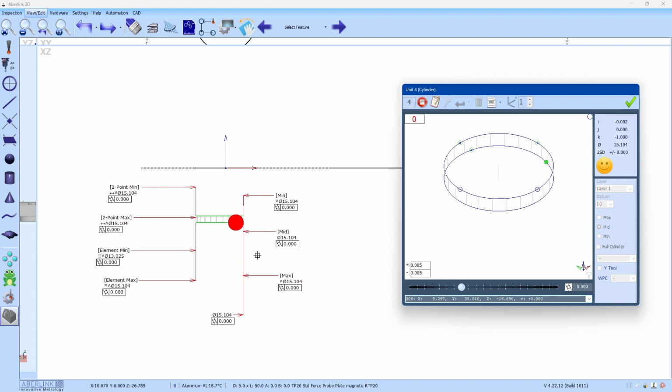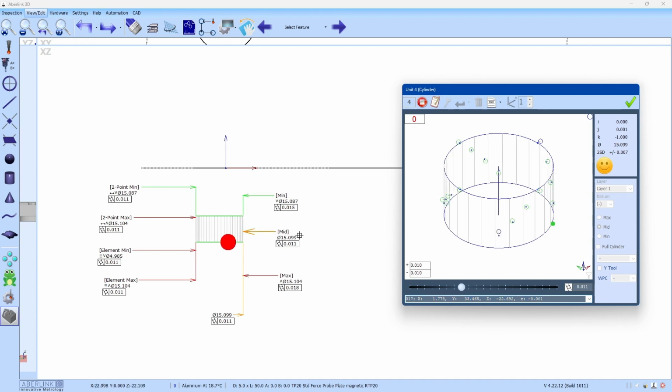You'll also notice the different symbols to indicate this on the screen graphically. So we have the different symbols for 2-point, which is the 2 arrows, the V and the min max signs. We then have the 3 straight lines, which is element, it's the entire cylinder. And then the standard fits, so mid is just no min max sign, and for min we have the minimum sign, for max we have the maximum sign. So pretty straightforward.